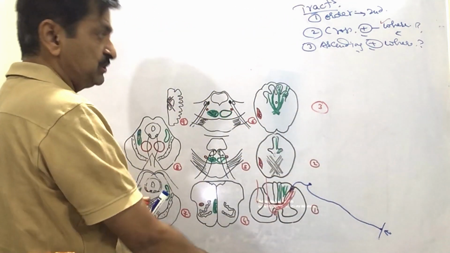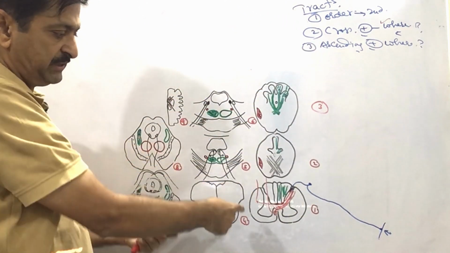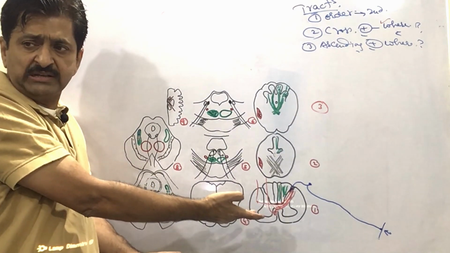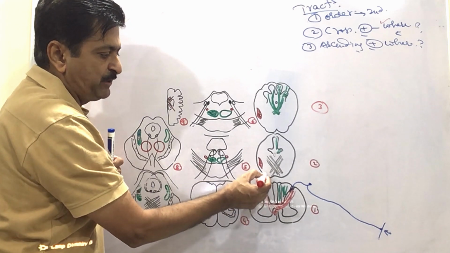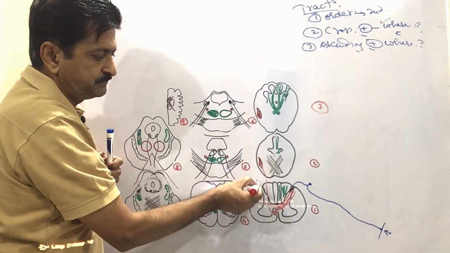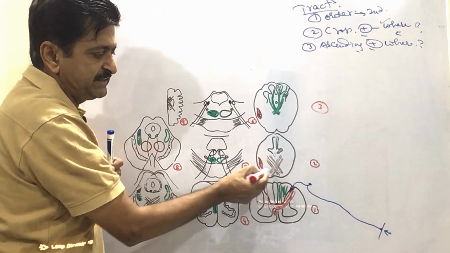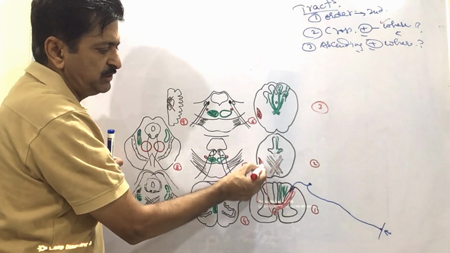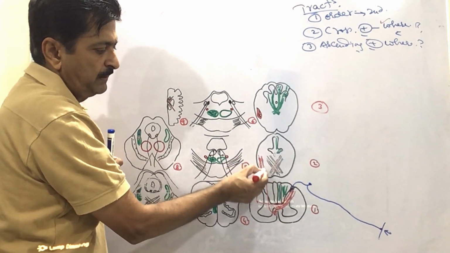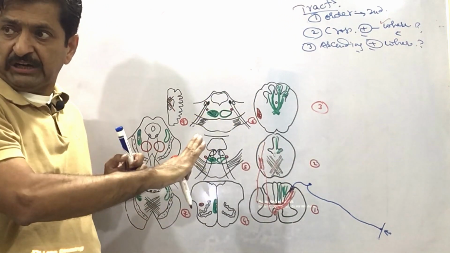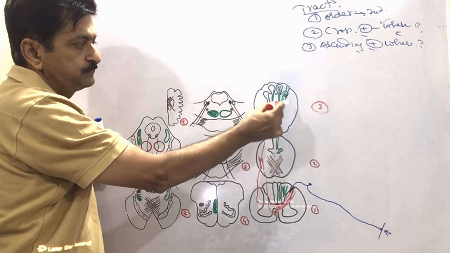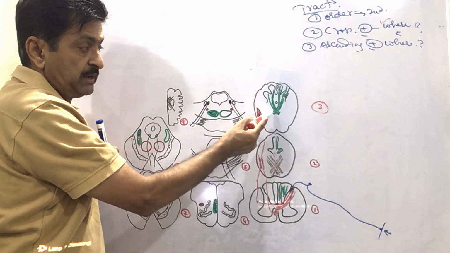If this is ascending here, you have already noticed anterior and lateral, and if they are lateral and anterior, they will be present here in the medulla oblongata. Which section is this? Pyramidal decussation, so they are running laterally now. After that, where are they running? Same, now on the opposite side obviously. Which section? Middle. Is this upper or middle?